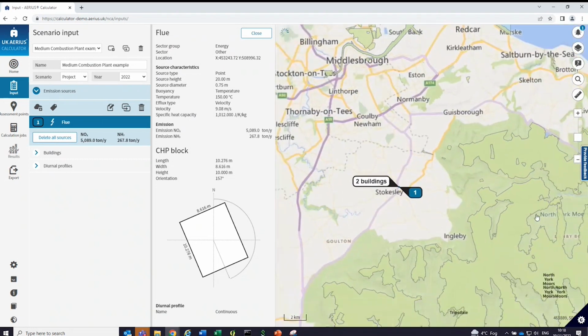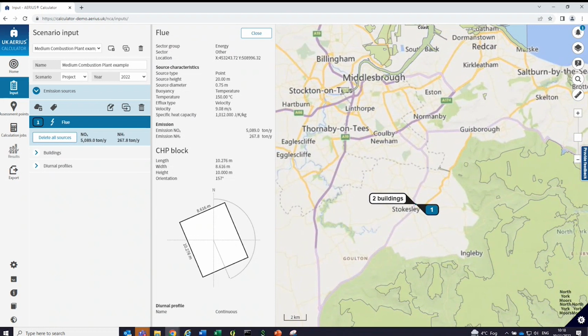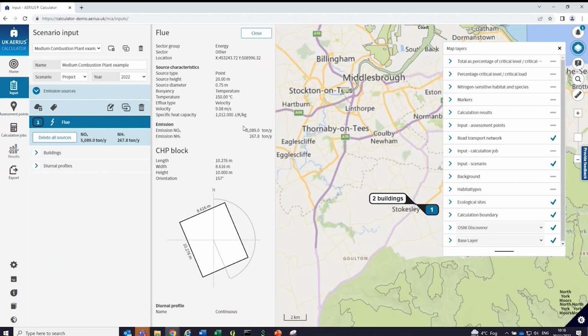There we go. So you can see the North York Moors in the south there. As I think I said last time, when you get a chance to have a go with the tool, I would recommend having a look at what is contained within the map layers menu, which is available in the right-hand side panel here. As there is some useful information available in here when looking at both our inputs and